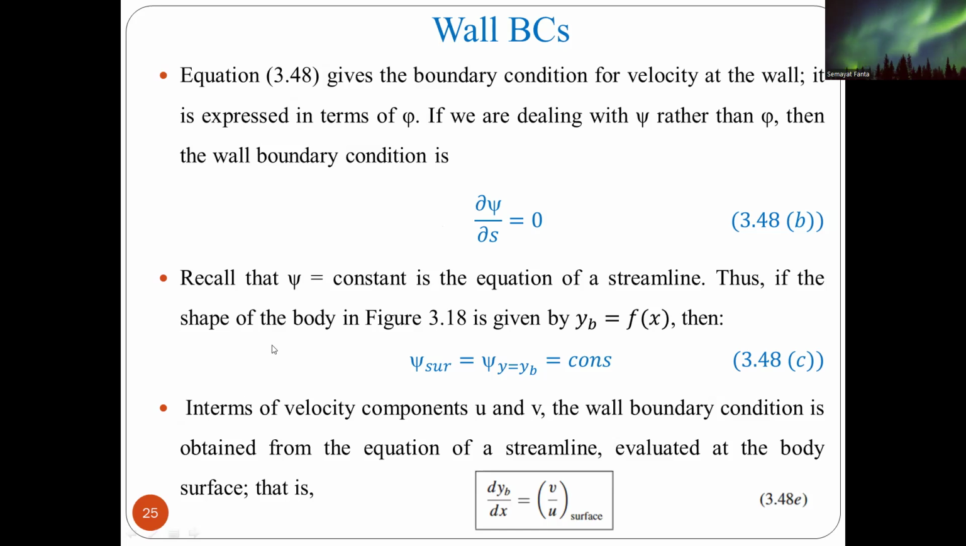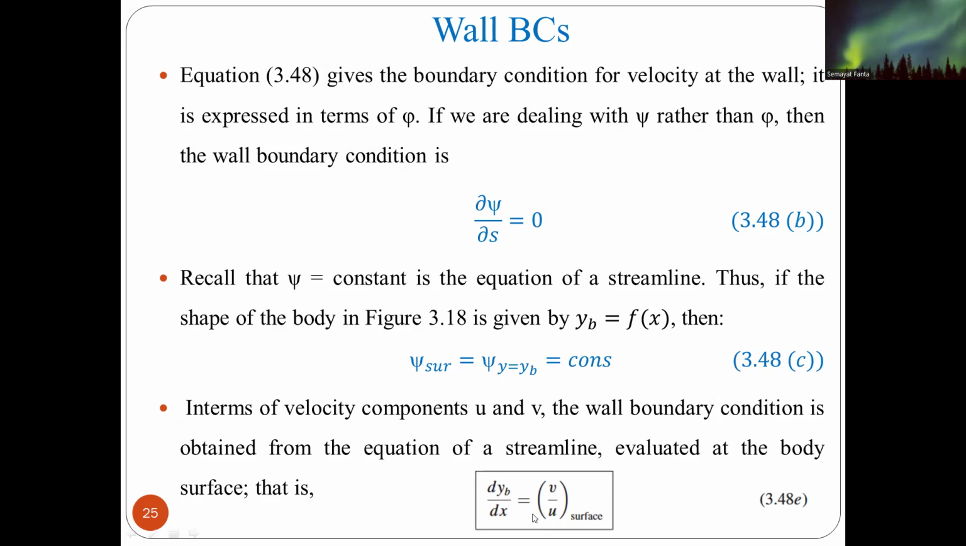Therefore, psi is constant is the equation for the streamline. Therefore, if the shape of the body is given by y_b, defining y_b is equal to f of x, which defines the shape of the body, then psi at the surface is equal to psi at y equals y_b, which is constant. So in terms of velocity components u and v, the wall boundary condition is obtained from the equation